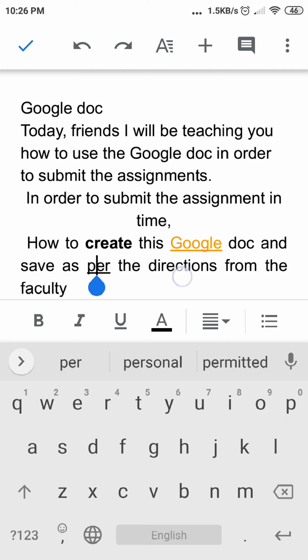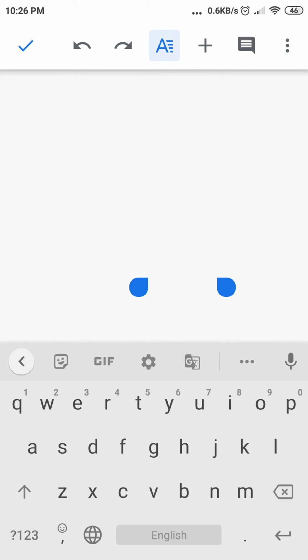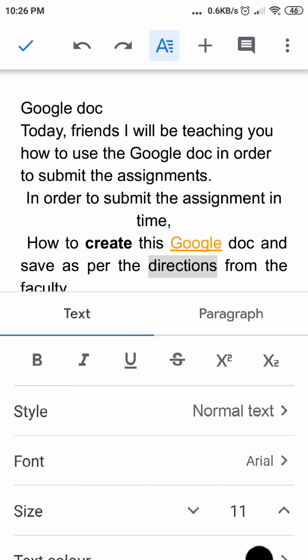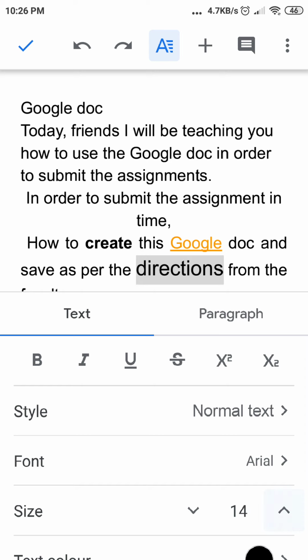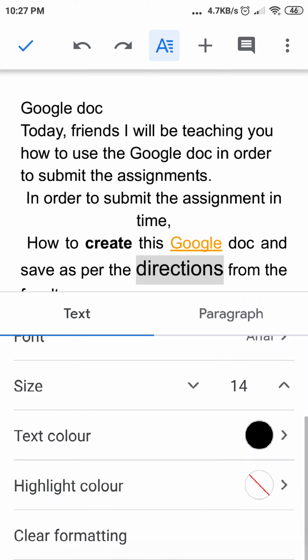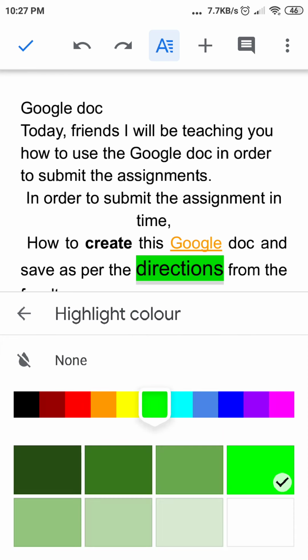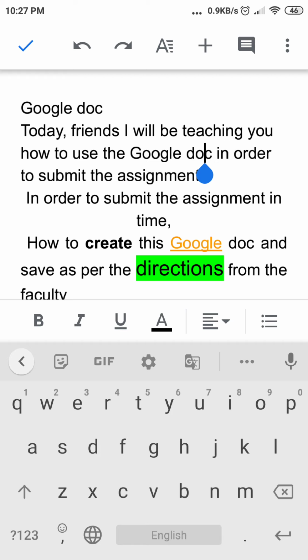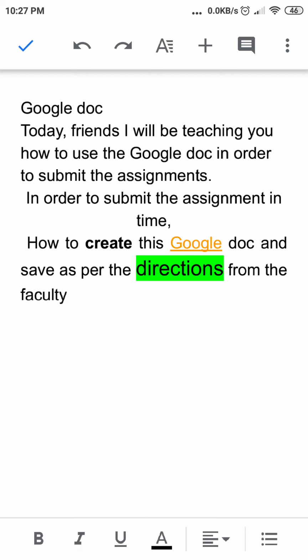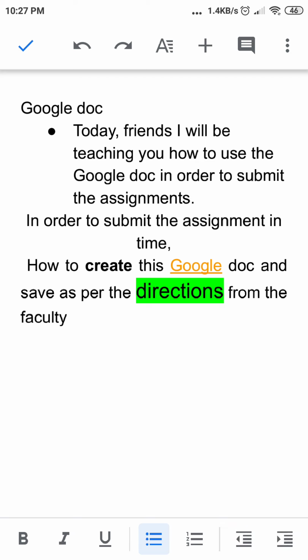Then direction, I want to change into a bigger font, so I am increasing that font. Okay, in order to increase, and I want to change the background color into green. Okay, so anything is possible. So many features will be available, and these are the facilities that are available. You can put this up, down, increase and decrease, all the features are available.